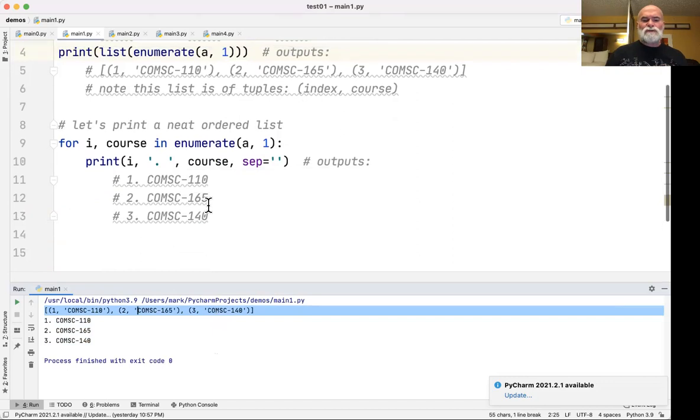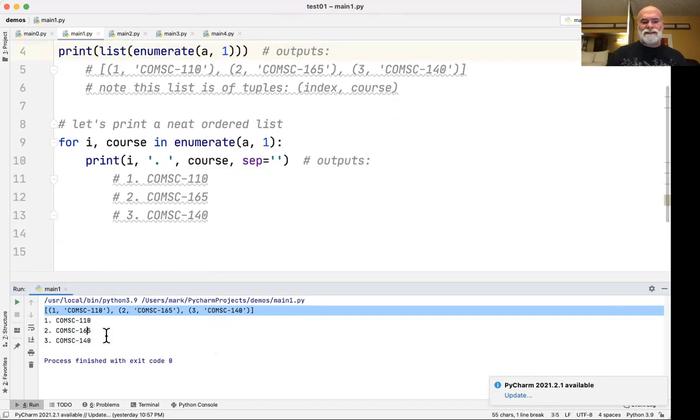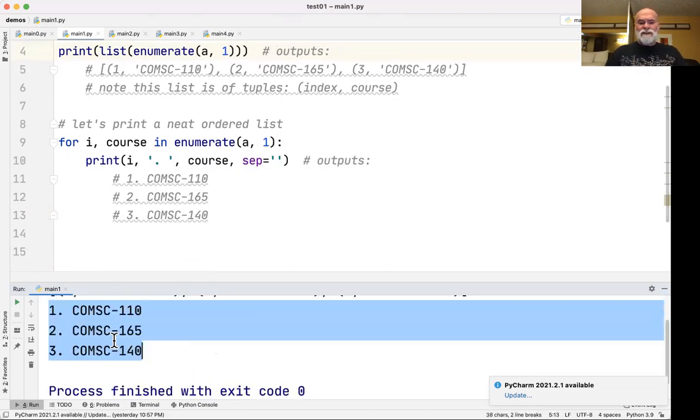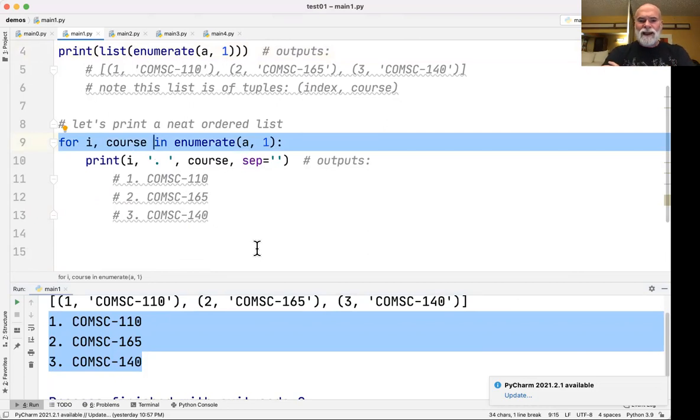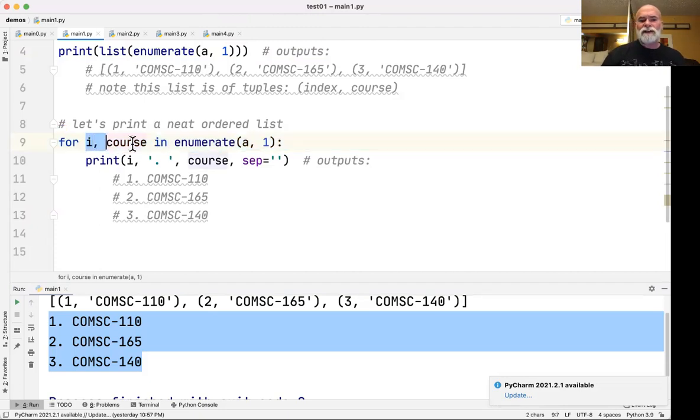Now, let's suppose we want to print out this neat, orderly list of our classes. Here's what we're going to go for with the output: just a 1 period and then the first course, a 2 period and the second, etc. And we can just do that with a simple for loop. Here is an easy for loop. Since we know that enumerate is going to generate a tuple, this for loop is going to need to extract the index number and the course name